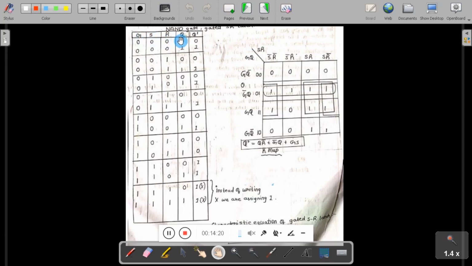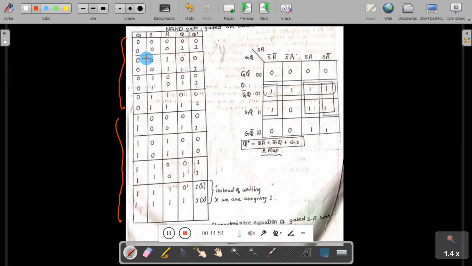When you take 4 inputs, there are 16 combinations. That is one way, 16 combinations, and you have to see the output. The other way is to see 2 classifications: when G is equal to 0, one set of combinations, and when G is equal to 1, another set of combinations.